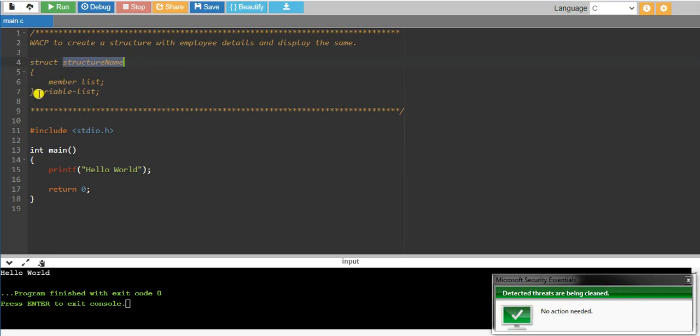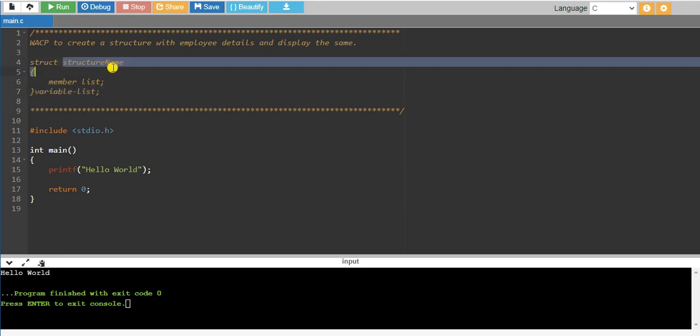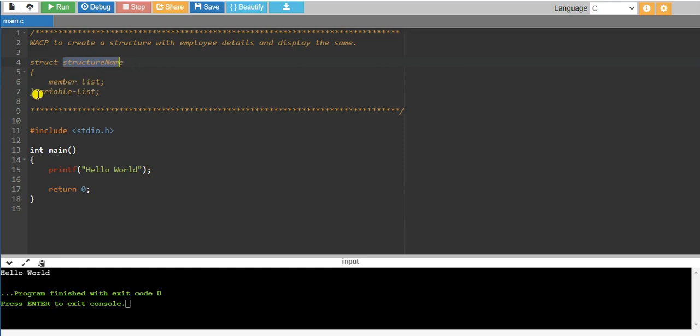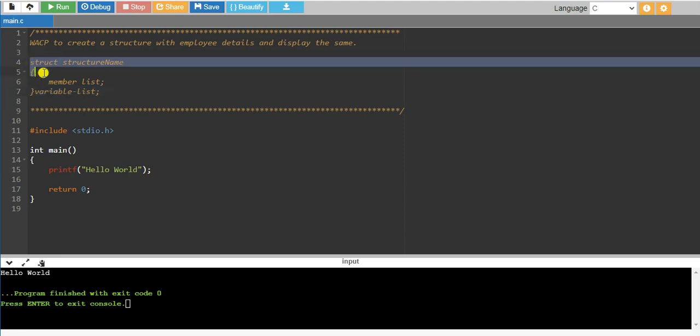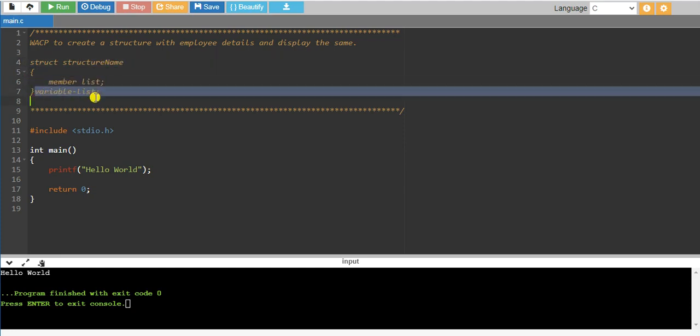With the help of the structure name we can declare our own variables, that is, we are using our own type and having variables of that type. Here struct is a built-in keyword, then the structure name is a user defined name, then the member list, then the variable list.